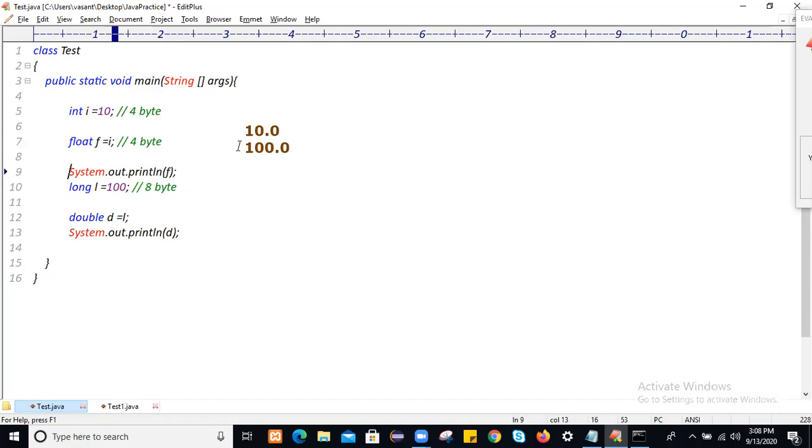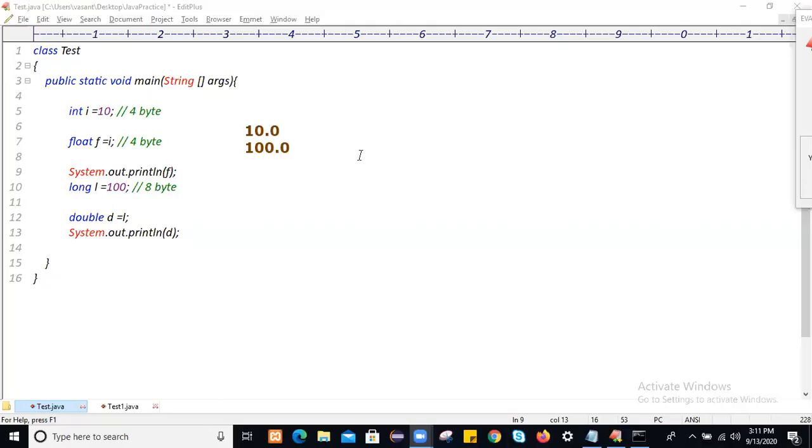Simply the data will get converted. That is called auto upcasting.